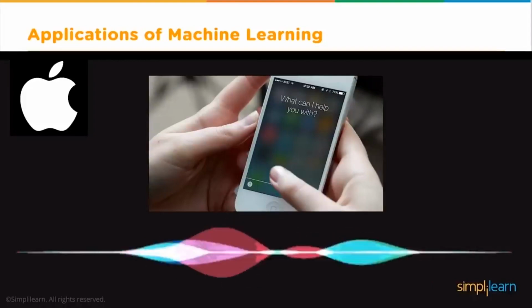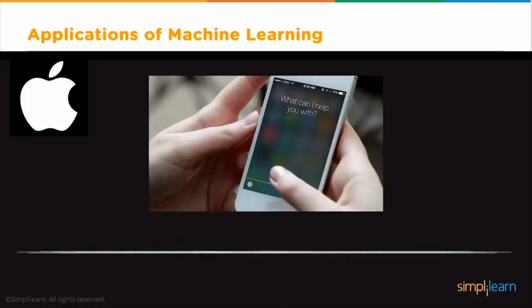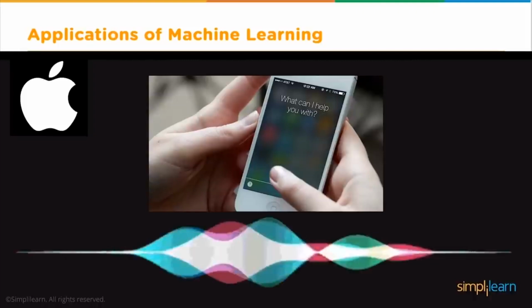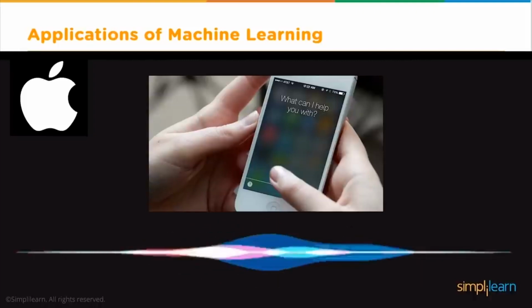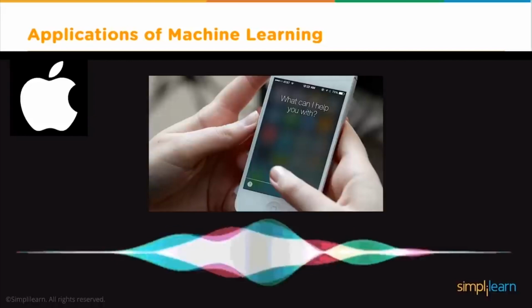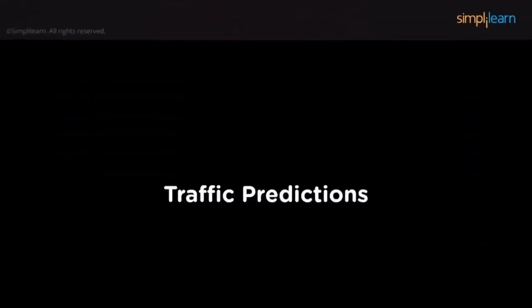First, they record whatever you're saying, send it over to a server, which is usually in a cloud, decode it with the help of machine learning and neural networks, and then provide you with an output. So if you've ever noticed that these systems don't work very well without the internet, that's because the server couldn't be contacted. Next, let's talk about traffic predictions.